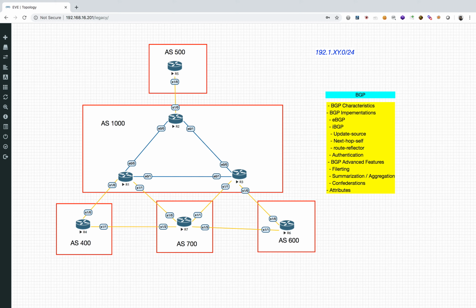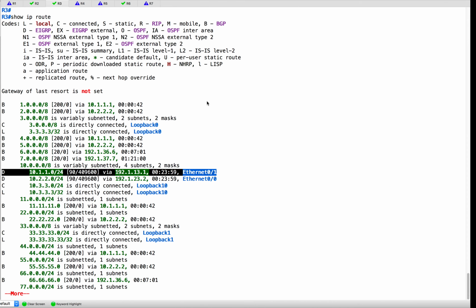Let's move on and do something very simple now, authentication, right? So let's say between R2 and R5 we want to do some authentication with BGP. BGP by default supports MD5 authentication, right? So let's go to R2. I'll show you how we can do the authentication here. Let's wrap that as well, right? So we go to router BGP 1000,